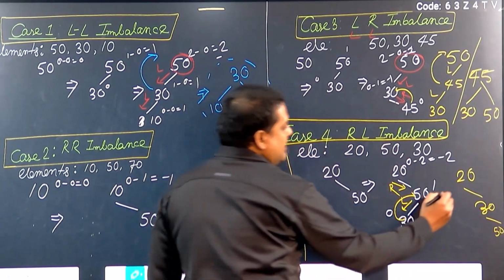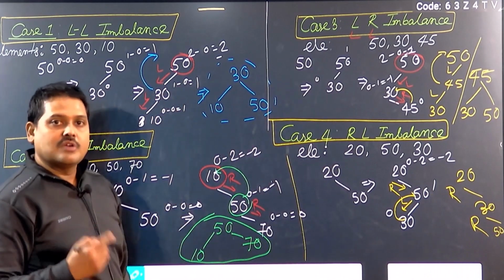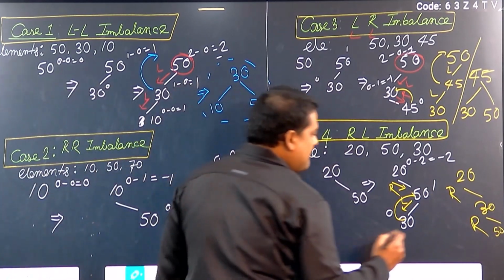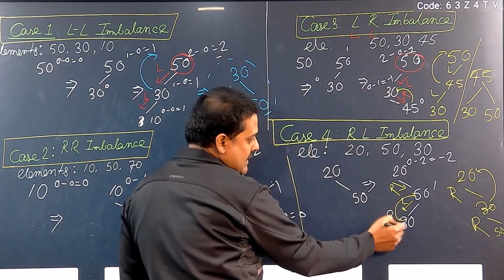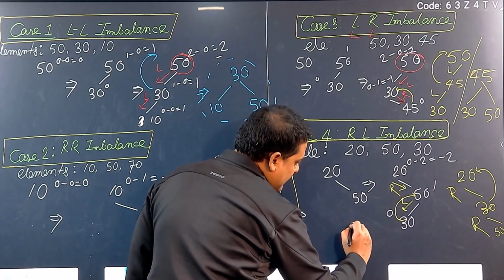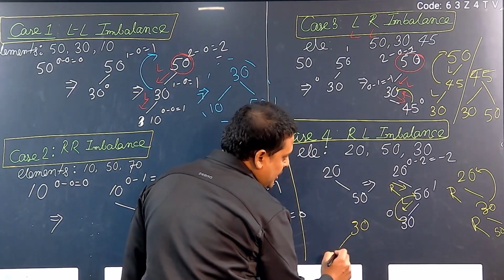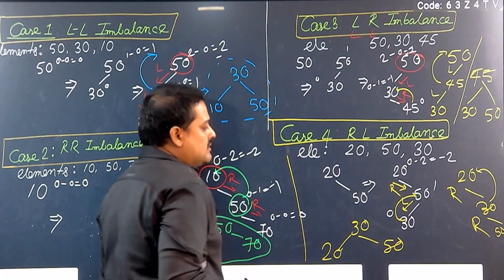Now, the problem is right right imbalance. To solve it, what will we do? We will move this one. So, lower rotation then upper rotation. Okay. Then we will make 30 up here, 20 down and 50 here. Okay. So, with the help of this we will